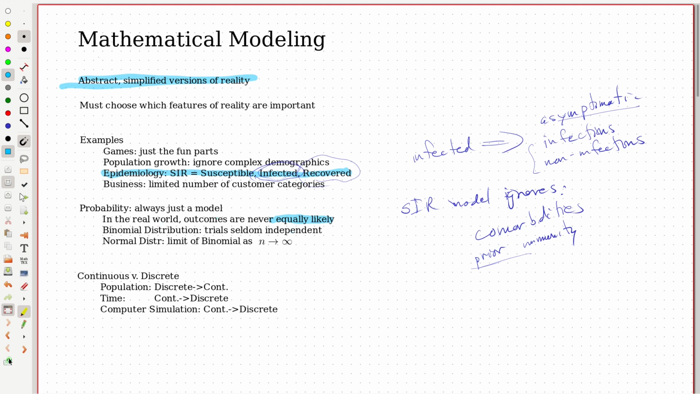There's a slight bias towards either heads or tails, presumably based on, I don't know, aerodynamics or the weight distribution, which is slightly different on different sides of the coin. But anyway, in the real world, outcomes are never equally likely, and a lot of probability is kind of based on that. Another example, in the binomial distribution,